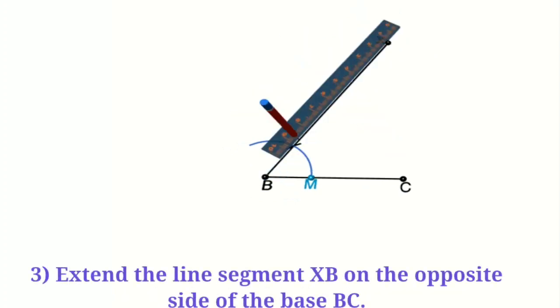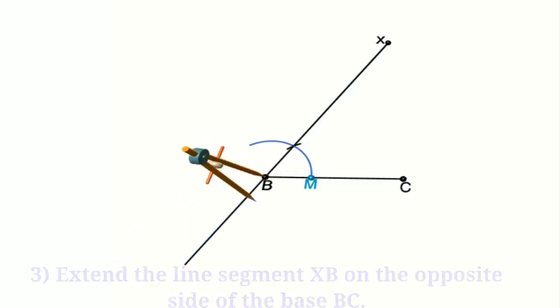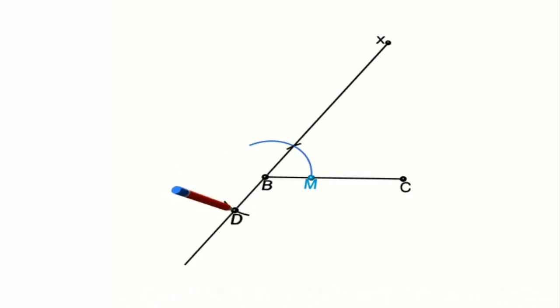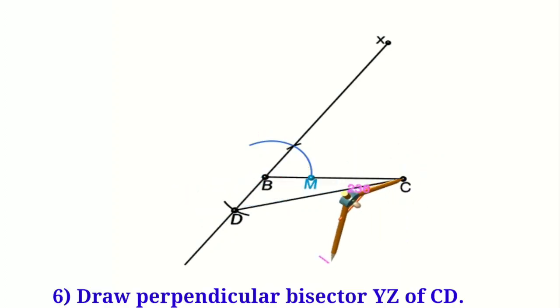Now please observe it carefully. We need to extend the line XB on the opposite side of the base BC, and then we are going to cut an arc BD which is equal to the difference given in the question. Then join CD, draw the perpendicular bisector of CD,